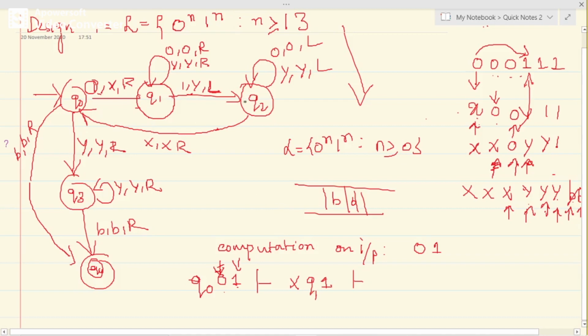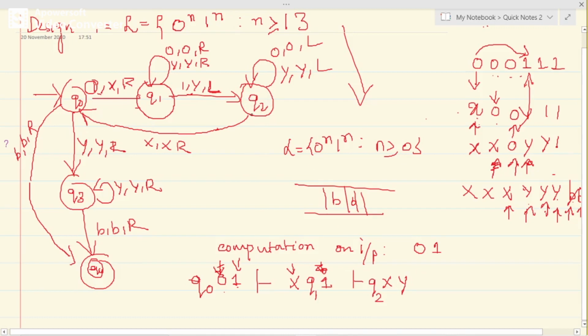Q1 on 1 means this path going to the Q2 state, replacing 1 by y and taking a left move. Left move means the previous character. So after replacing 1 by y, the state you reach is Q2.